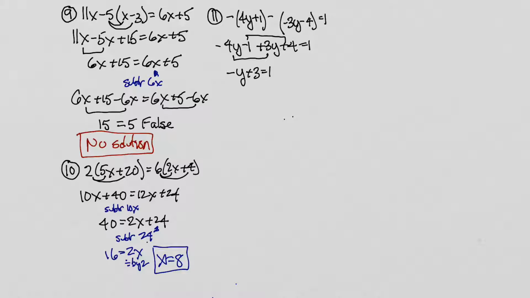That's equal to 1. Let's subtract the 3, right? Let's subtract that 3. So we'll get negative y equals, now, where are we? 1 minus 3 is negative 2. But this says